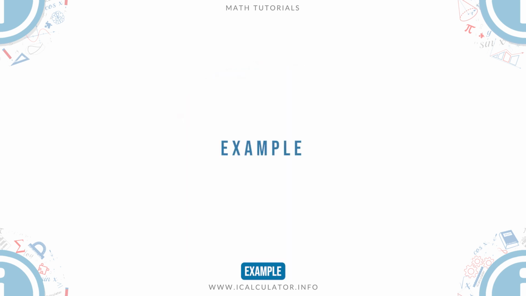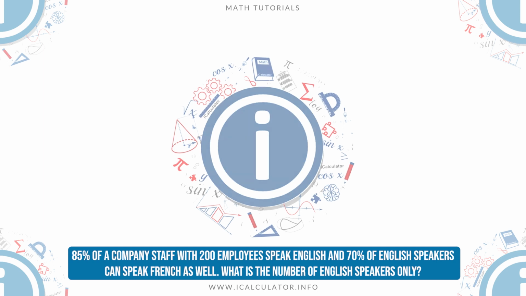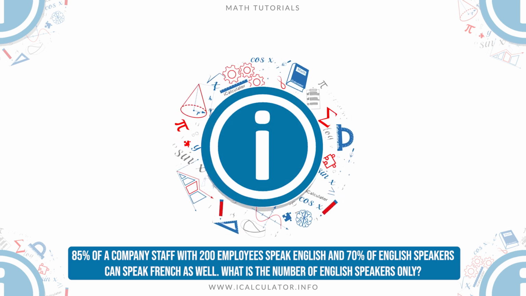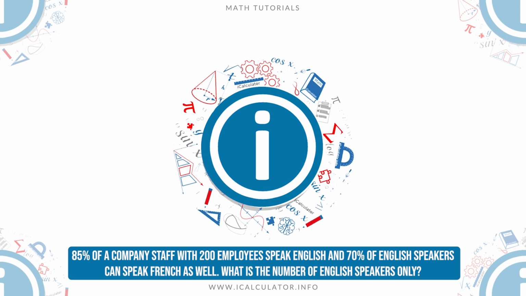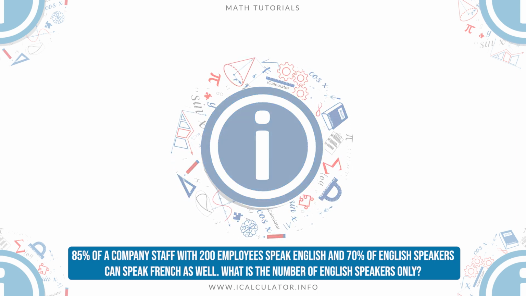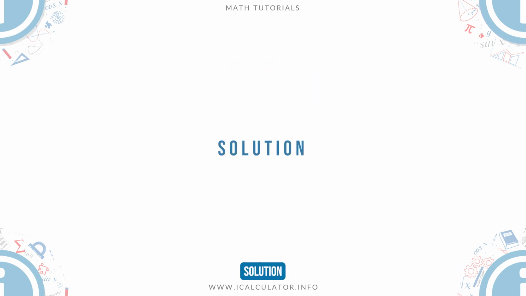Example: 85% of a company staff with 200 employees speak English, and 70% of English speakers can speak French as well. What is the number of English speakers only? Solution: